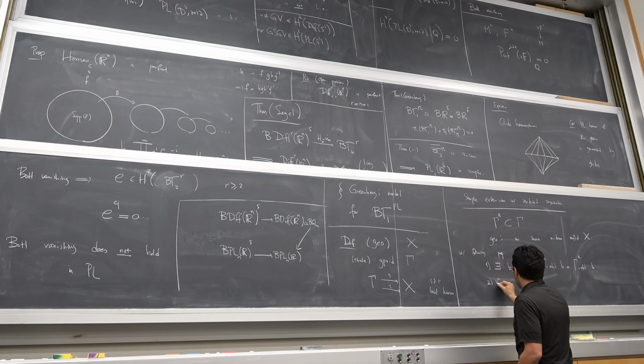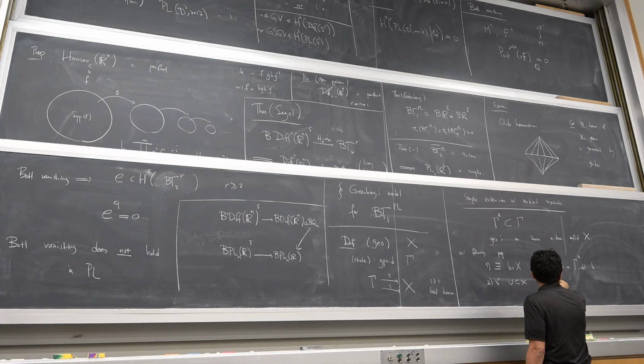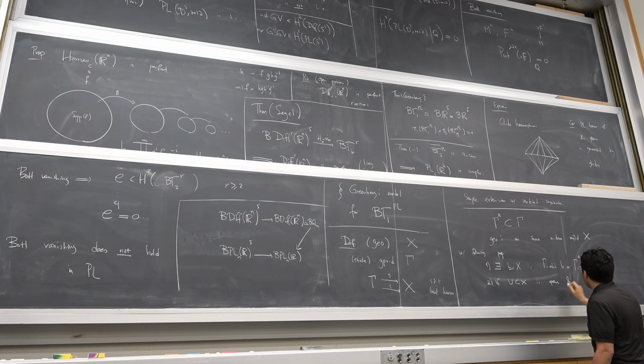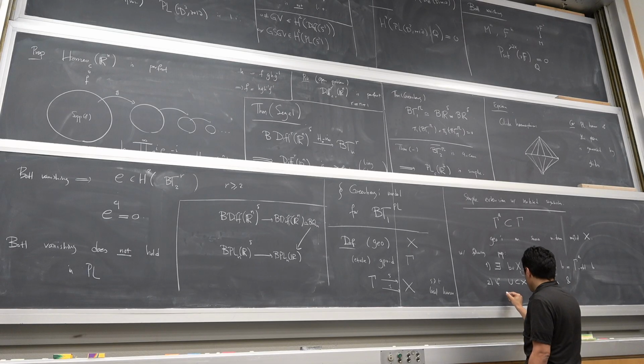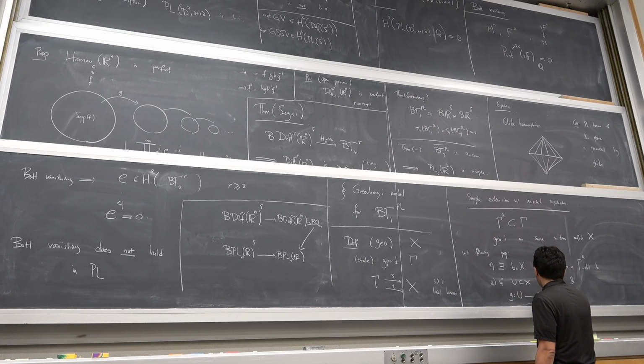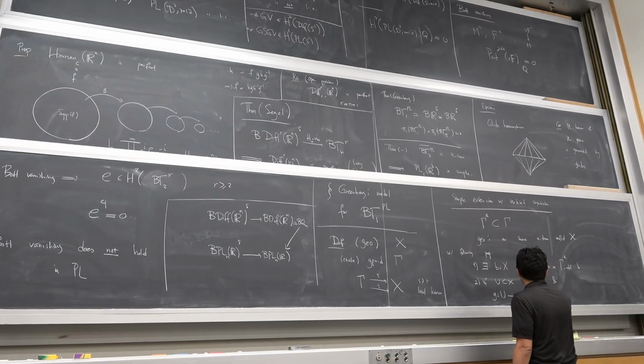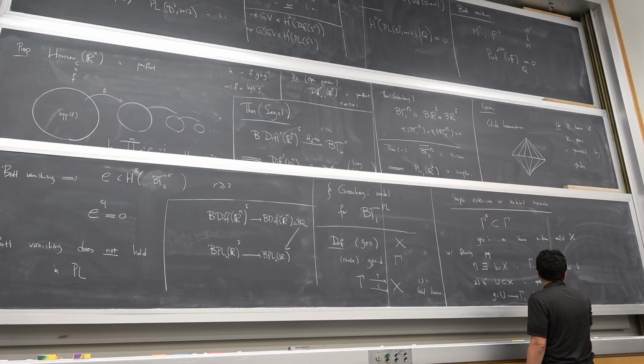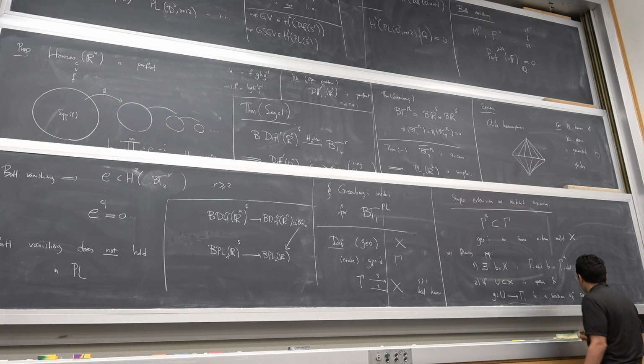So if U in X is an open set, and say G is a section of the source map, then